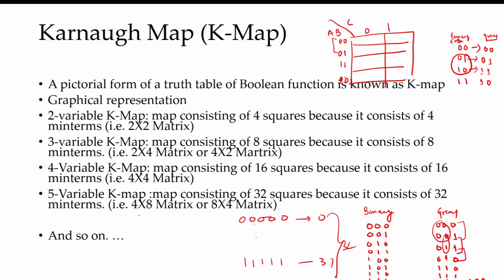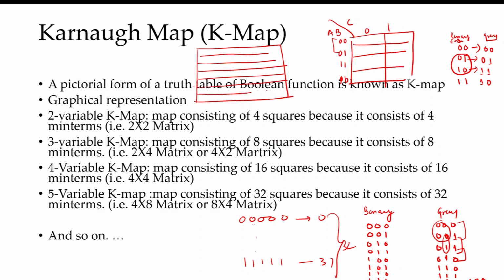But when we represent a 5 variable K map, suppose there are 8 rows, 0 1 2 3 4 5 6 7, and 4 columns. And here, how many variables are used to represent a row? Since the total number of rows is 8, this means 2 to the power 3, so 3 variables. Suppose these are A, B, C, and D and E represent